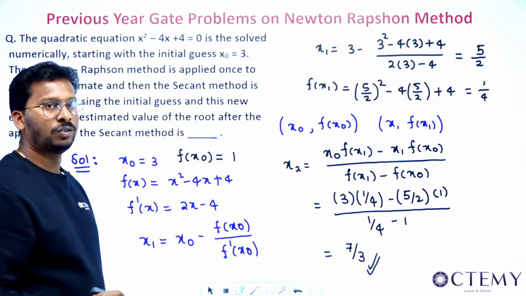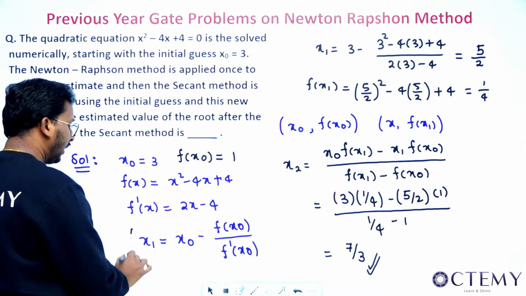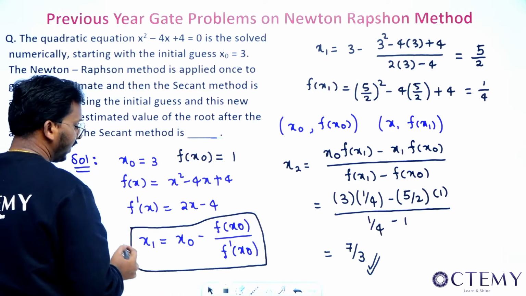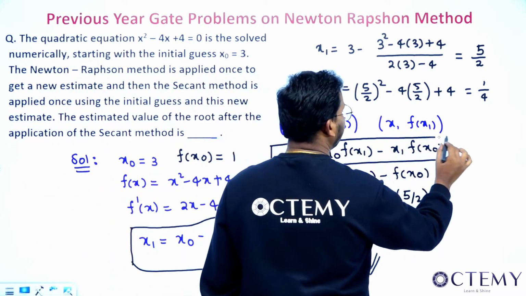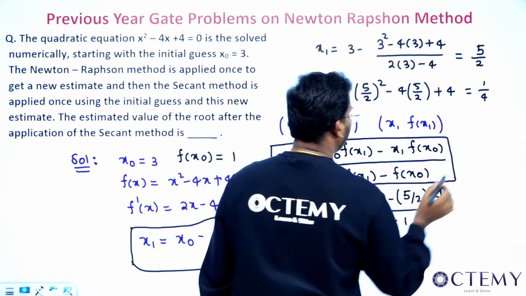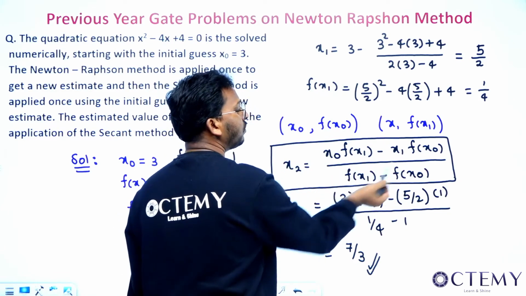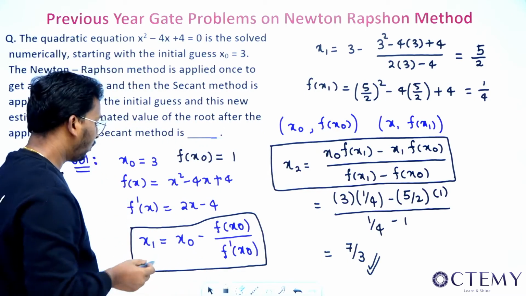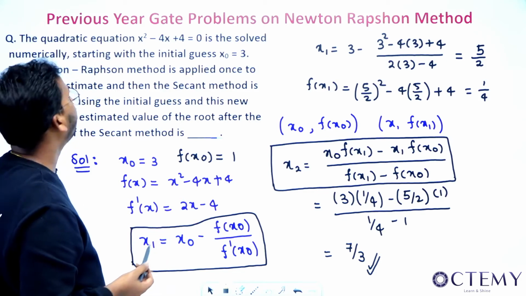So this was an interesting question where he's asking you two methods, sir. You should know how to apply the iterative formula of your Newton-Raphson method as well as how to apply the iterative formula for your secant method, right? And I told you how to remember the secant method, sir. Secant method's first step is the same as the regular falsi method only. You write with x naught, x1, and you have x1, f of x naught. So 1 by 4, 1, right? This way it's easy to remember. This is x1, x naught, f of x naught, f dash of x naught, right? This was the first question, sir.